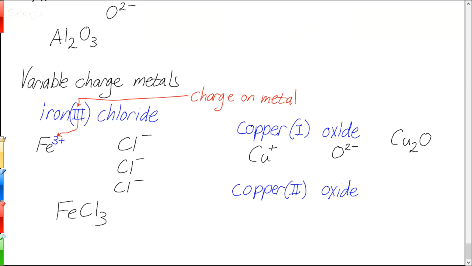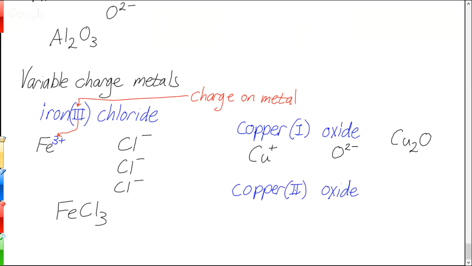I don't know why, but again, just keep in mind that this is probably not going to stick in your head very well, because whenever we do quizzes and exams on this stuff, and I ask a question like copper 1 oxide, everybody wants it to be CuO. Like copper 1 oxide means you just have 1 copper atom. That's not what it is. It's the charge. So do whatever you can to remember that the number in parentheses is the charge.